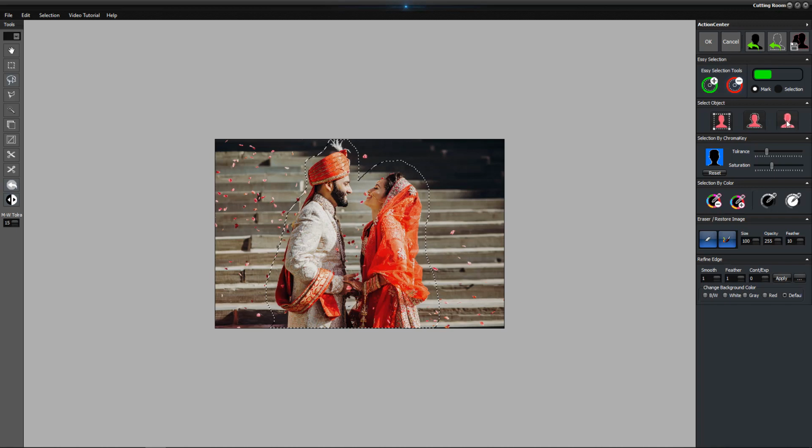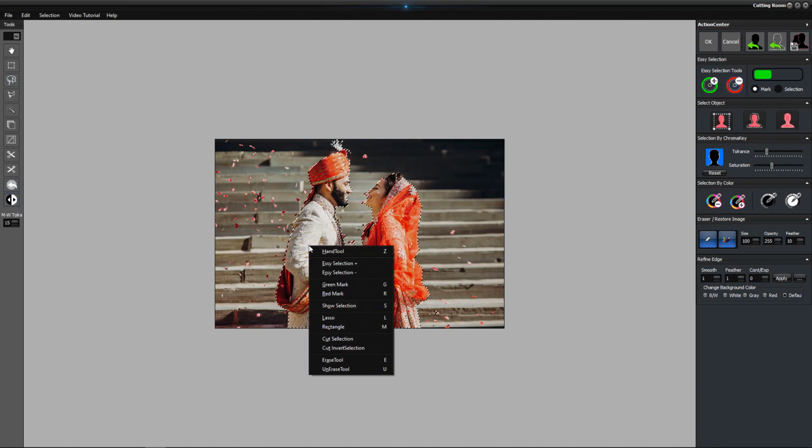And if we select the image with the polygonal lasso from the inside of the image, we select this option. Here we had selected the image from the outside of the object, so we click on this. It will rectify our selection. It has done. Now we just click on invert cutting.